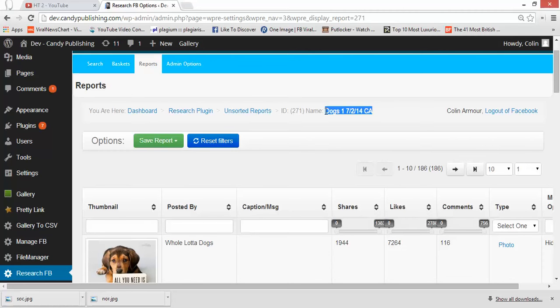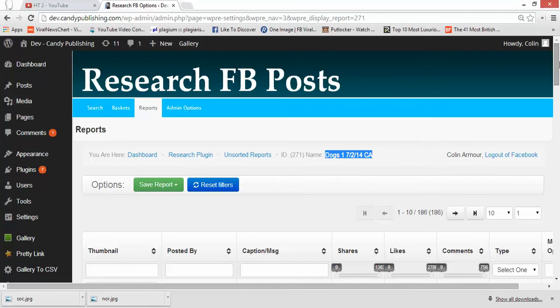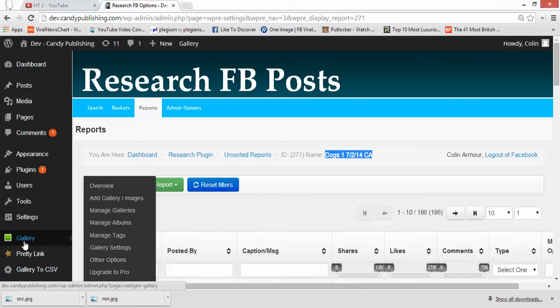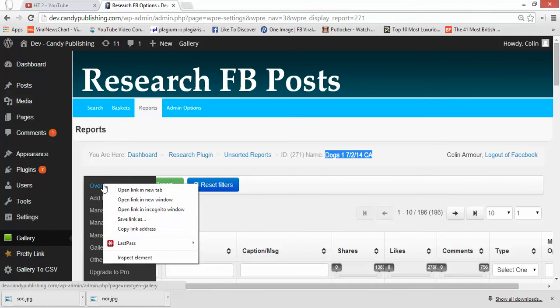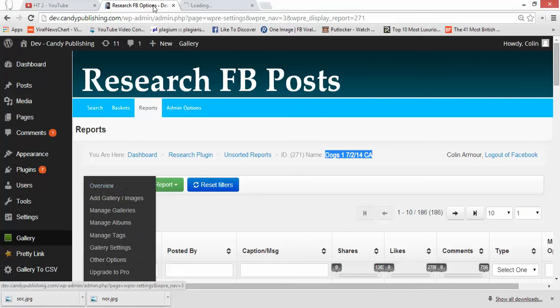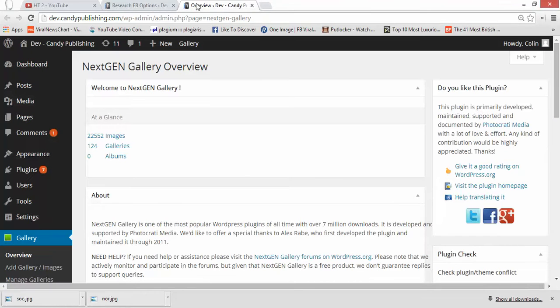Okay. So you need to now open up a new tab, and you're going to come down to this button here, which says Gallery. Hover over there and then scroll up and just right click and open that in a new tab, because we're going to be working between the two screens. And then you'll see here there are three options: images, galleries, and albums. We're going to go into galleries,